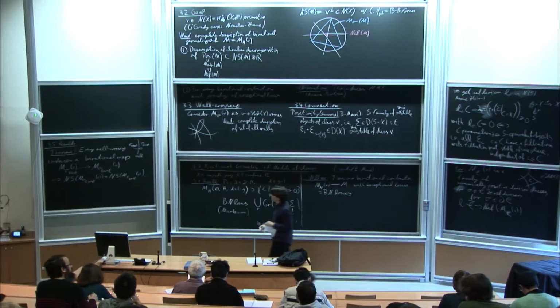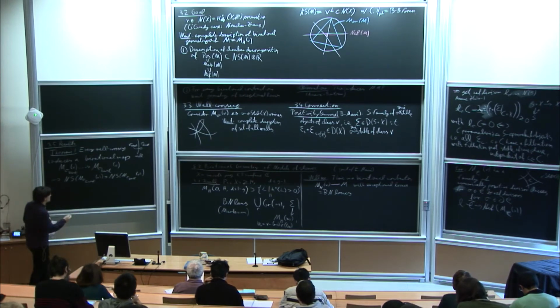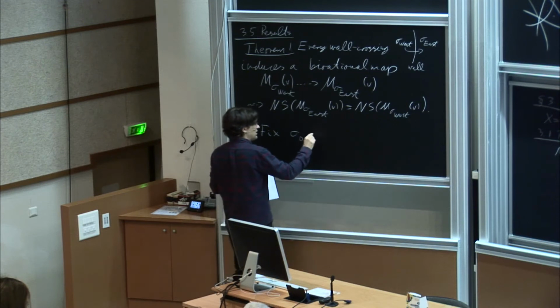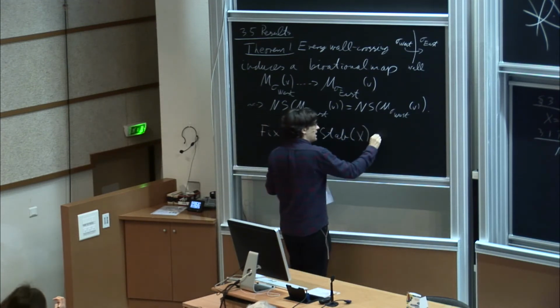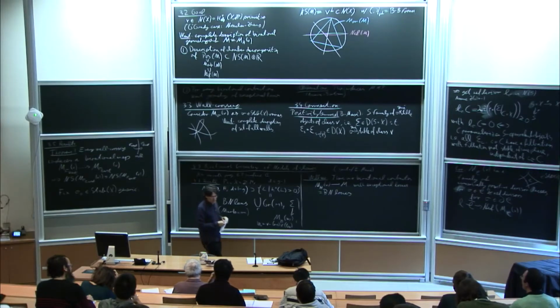I mean, in particular, for different chambers, I have maps to nef cones of different birational models. And since I can identify the Néron-Severi groups, I can think of all this as happening in the Néron-Severi group of one fixed moduli space. So let me fix a base point for that purpose, and let me assume that it's generic. By which I just mean that it's not on a wall, and then the